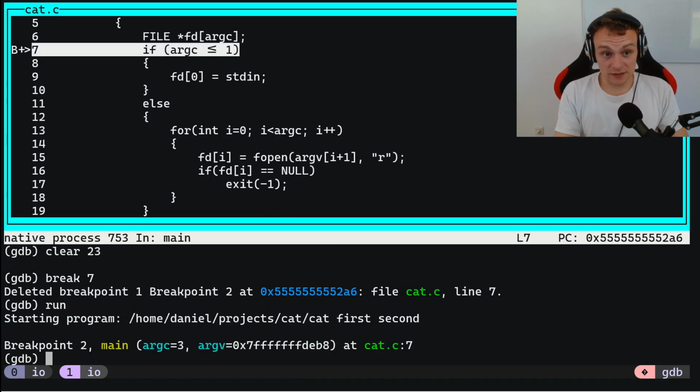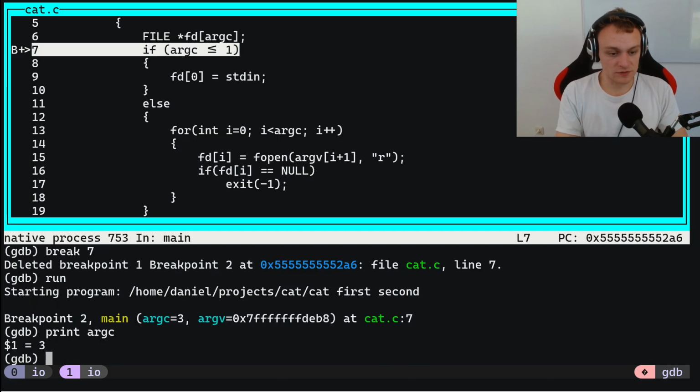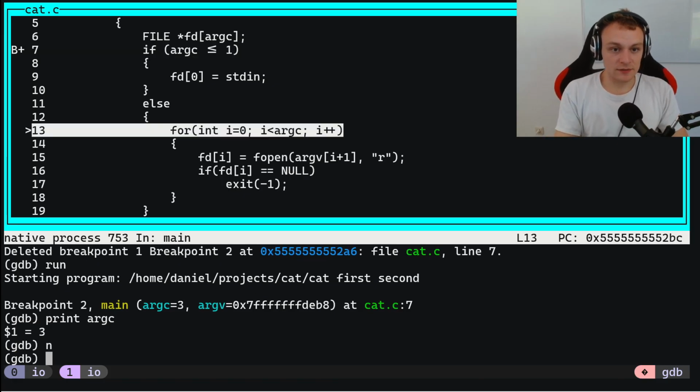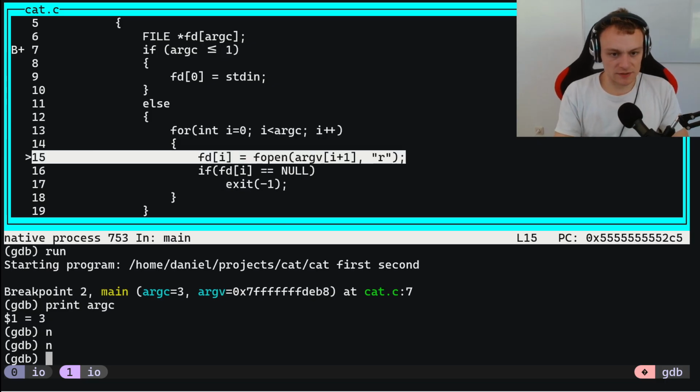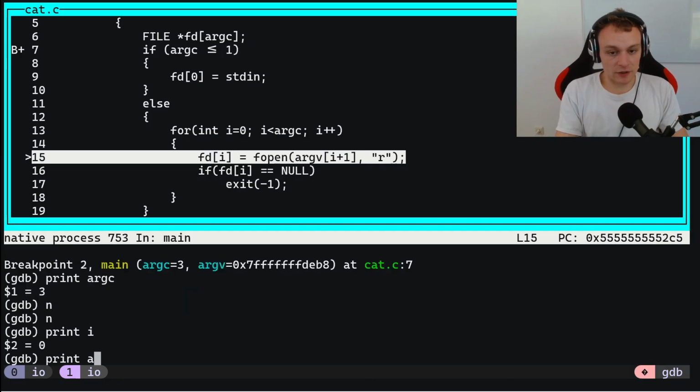Now we are at line 7, as you can see, and argument count, print argc, is 3. Now if we hit next, then we are in the else statement. And here we are looping over integers i starting from 0 up to 3, exclusive, so it's just up to 2, as far as I understand. So let's open the first file, specified at argv i+1. i is currently 0. Yes. And argv is,